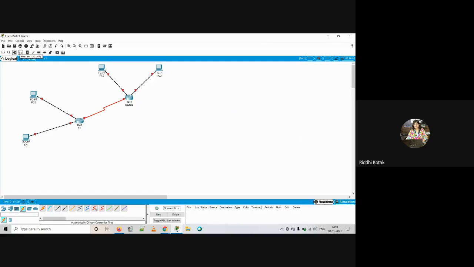Next one, that is resize. Suppose you want to resize your current window, you just have to select on resize, and according to that you have to apply, so you can resize it. Okay, now suppose you want to add some note, so over here click on this, and at a center you have to click. So note is like a demo lab 1. According to your requirement, you can add a note.